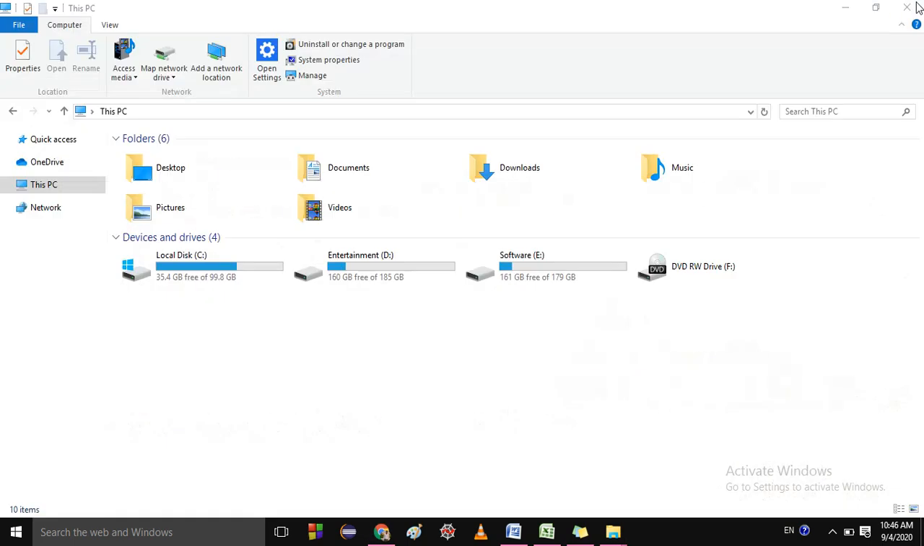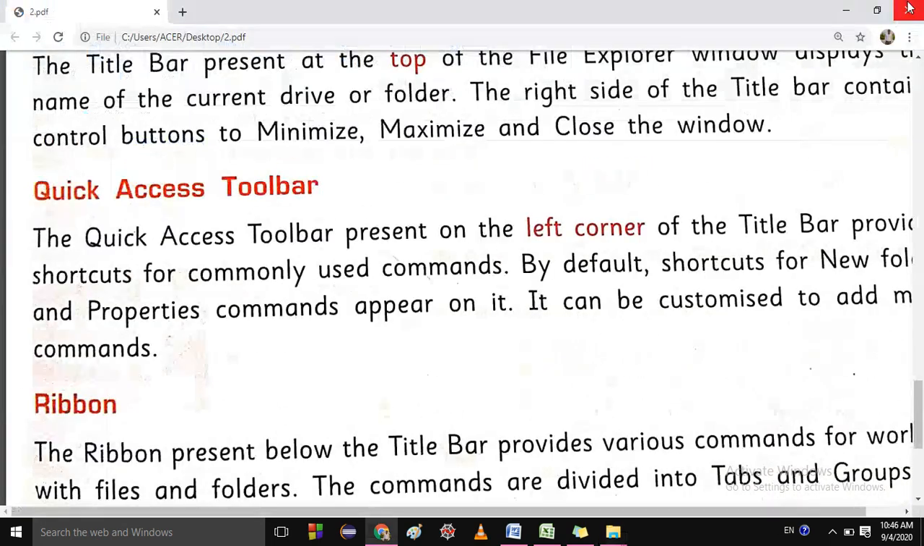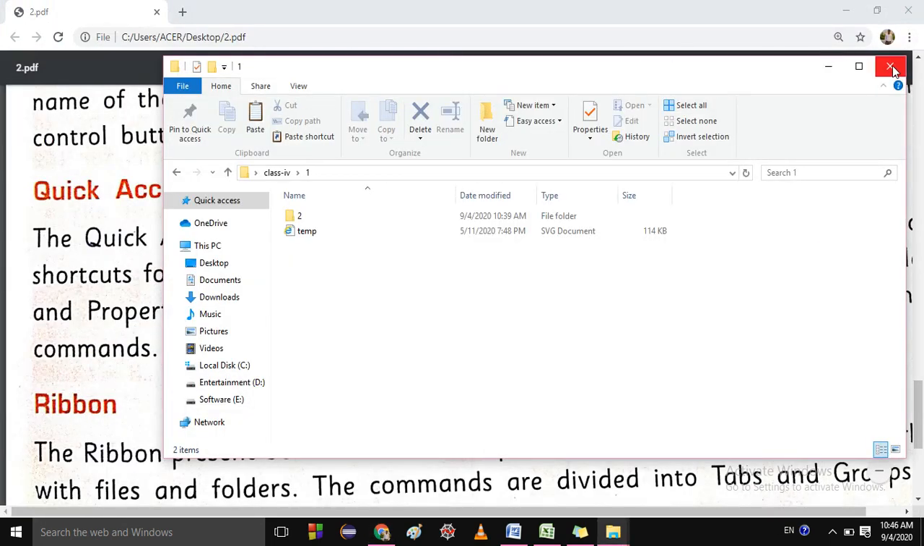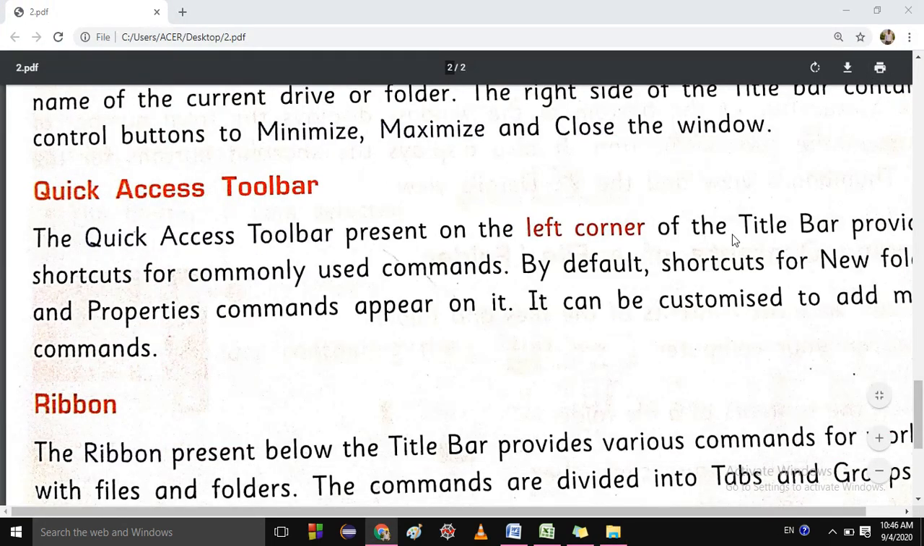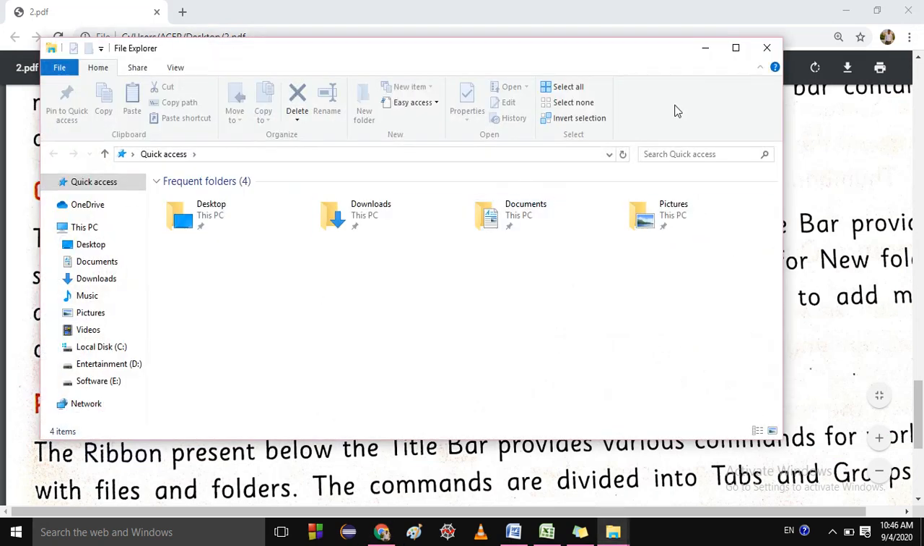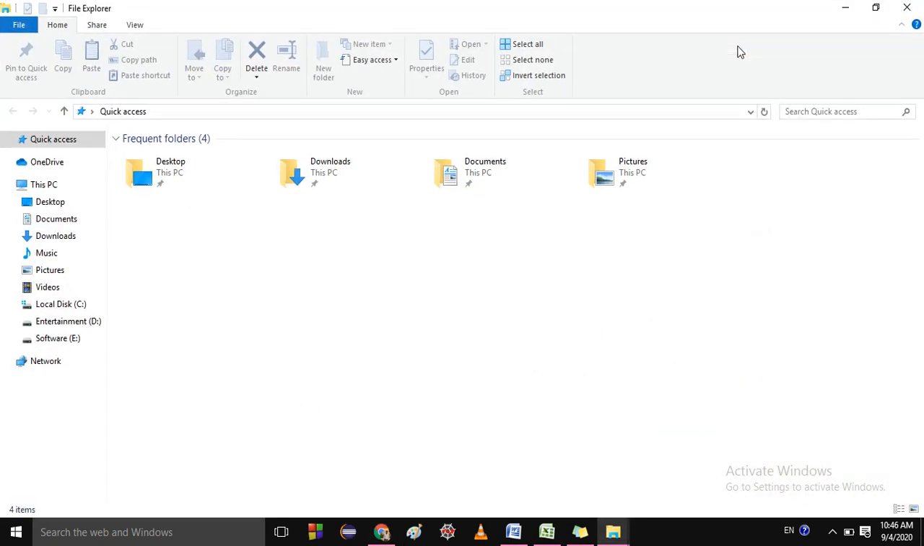I think I have opened many windows. Let me close them one by one, and again I will open it. I clicked Windows plus E. I get the File Explorer. Then